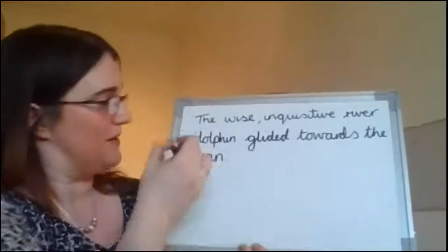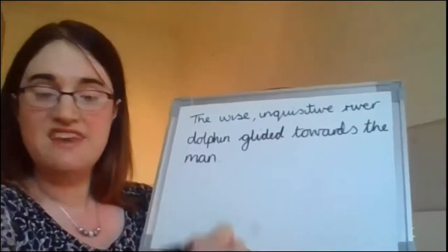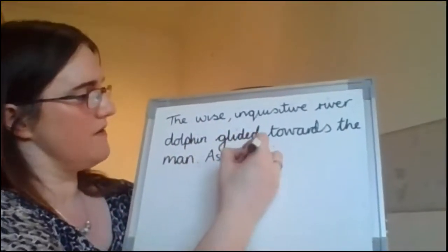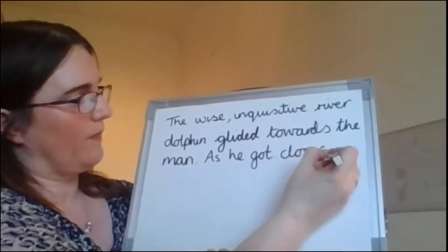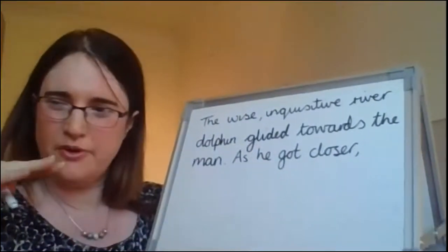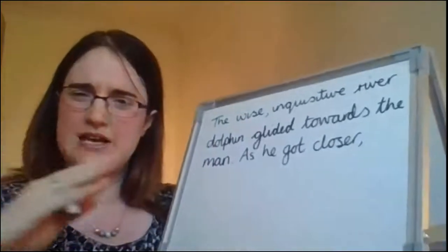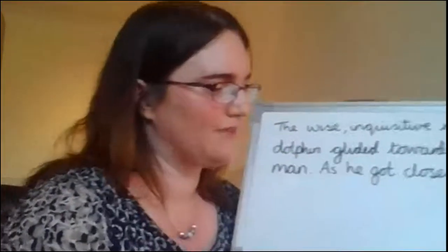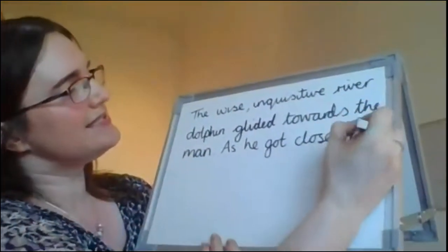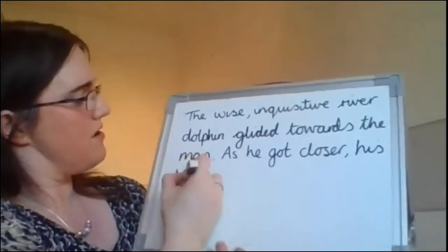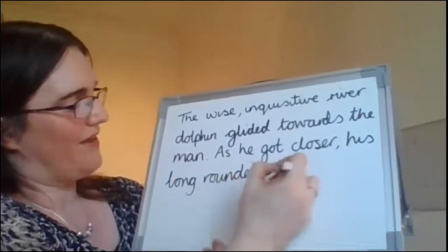If you're really clever, you might be able to write a description of the man in here as well and get another expanded noun phrase in. Then I'm going to say, as he got closer, so at the moment he's going through the water, and now he's going to come out of the water. The first thing I think you'll probably see as he comes out of the water is his nose. I had long rounded snout in here, so I'm going to try and use that. So as he got closer, his long rounded snout,